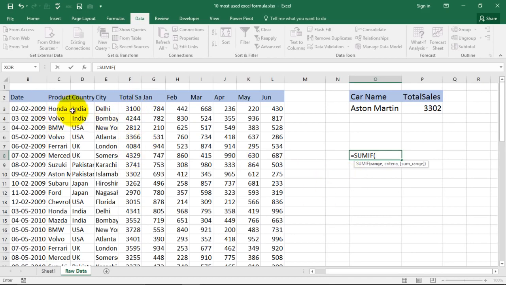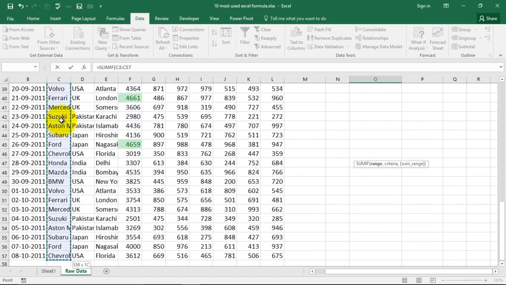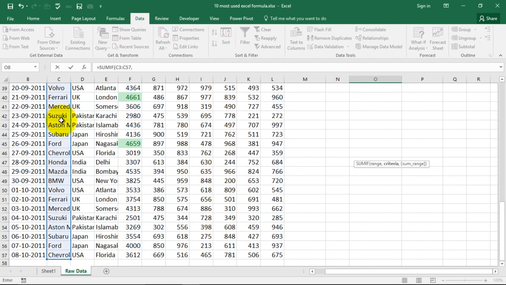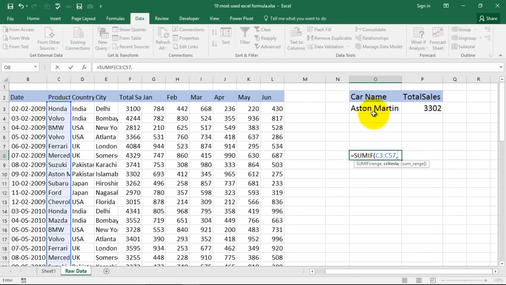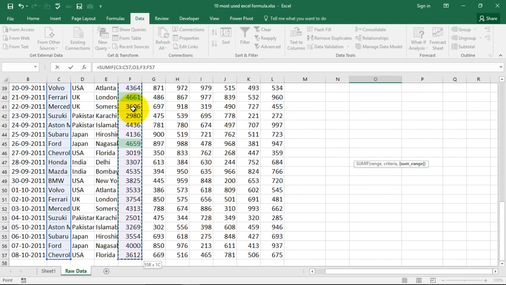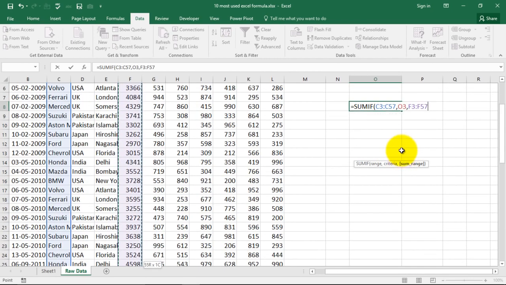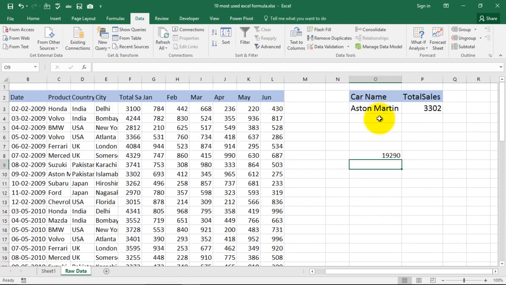So what will I do? I'll select this area, this range. This range is the one which contains the criteria, and then I can have my criteria mentioned over here. This can be my criteria, or I can even type it in, comma, sum range. Which range do we want to total up? This is the range that we want to total up. I selected it, and now I'll close my bracket, press enter, and for Aston Martin, the result is the total sum of